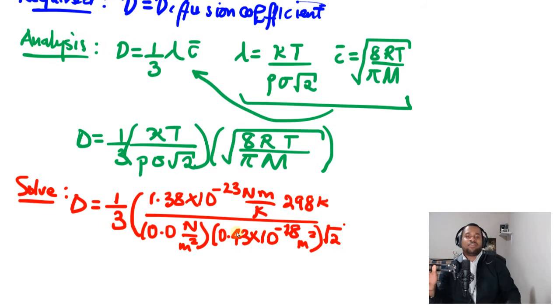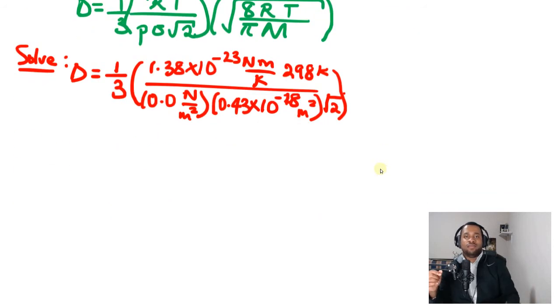So this is one part, and the other part is the other inside bracket, which I'm going to bring down, and the other bracket here has the square root, and in here we have 8 multiplied by R,